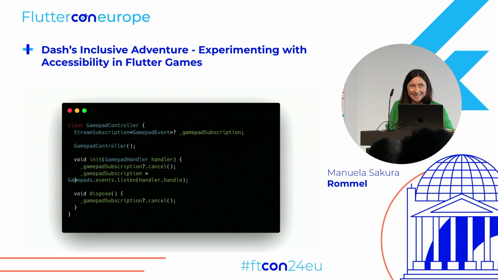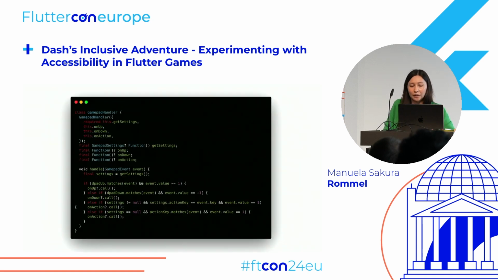So to detect key presses, we can create a simple controller that listens to all controller events and passes them to our handler. And to be able to respond to the actions, we can create a gamepad handler which will call the appropriate callbacks based on which keys get matched. Basically, we also want to pass the saved gamepad settings to it so that we can take into consideration how the user wants them to be mapped. So in this case, we only have one button to be remapped, and that's the action button for the game.